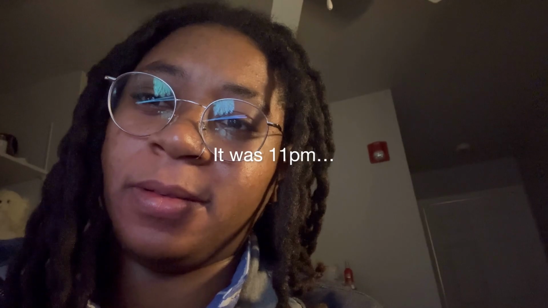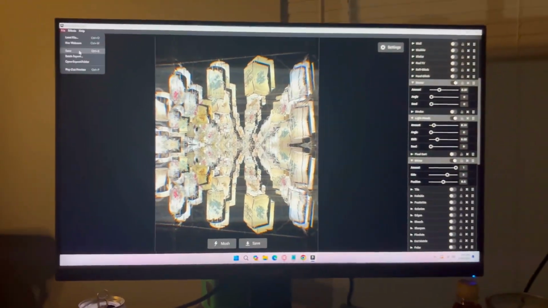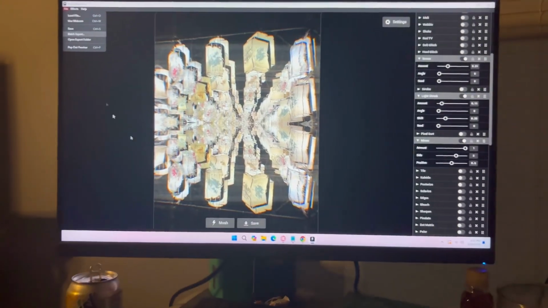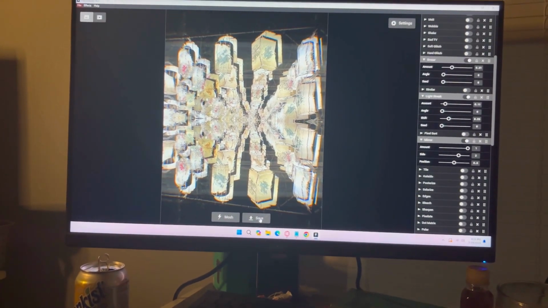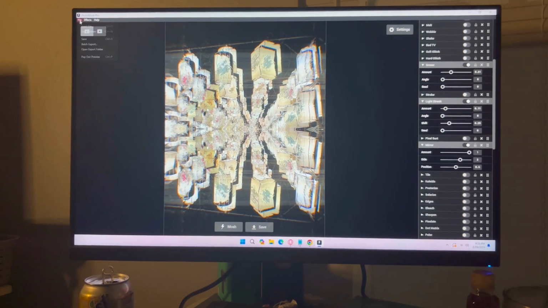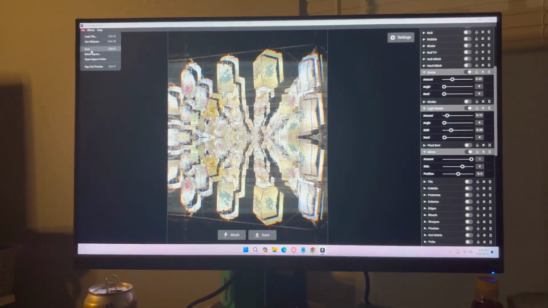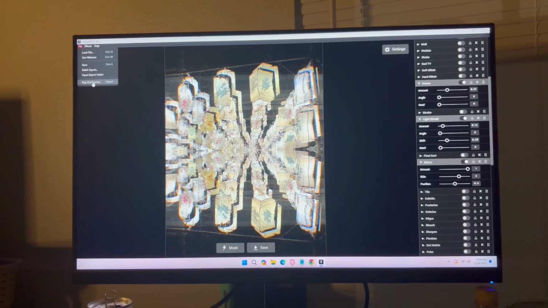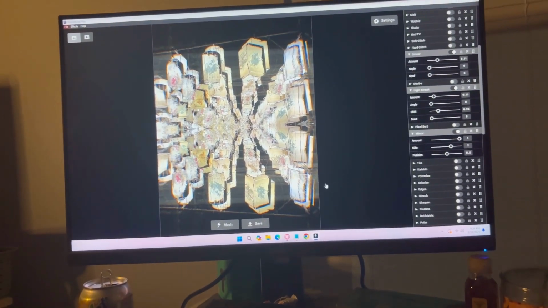So I've already run into a problem, and yes, I'm documenting it, but I made the album art and it's like this right here, and I'm using it in my program and I'm trying to save it, and it's just not saving. Even though my app is responsive, it's not saving, and I'm like, hello. So we'll try and figure that out.